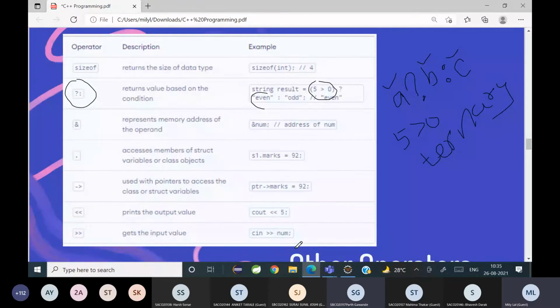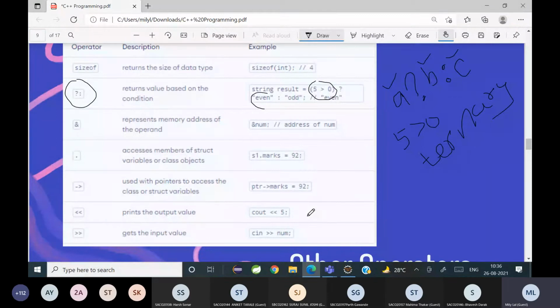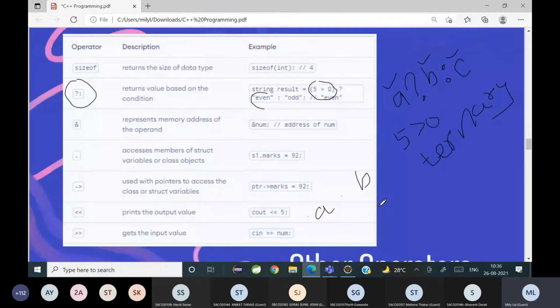Okay, one more example. It is always asked like this. I'm asking the user to enter 2 values, A and B. I want to find which number is greater among the 2 numbers given. Somebody tell me what is the value of A? 5.